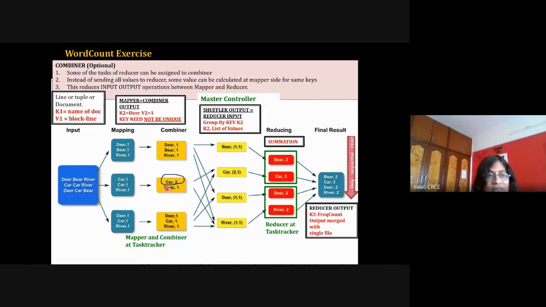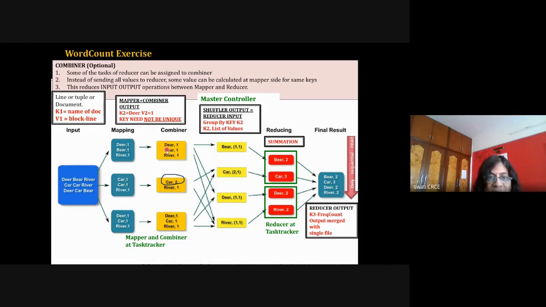And now here what is happening is that suppose this car is a word. Suppose these are 3 different blocks, block A, B and C. Now in these blocks, every word is extracted, and it has been given the value 1. So we'll see for the car. Car is in the second block, and it is occurring 2 times. So its value is 1, 1, and then in the third block C maybe car is there 1 time. Okay, so this is the output of the mapper. Now the combiner is optional. So suppose the combiner has combined both the values, and it has created a new key value.